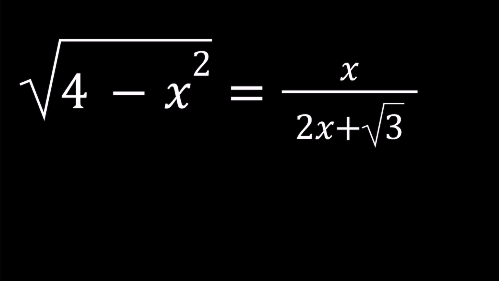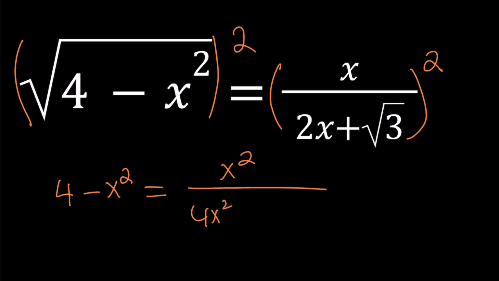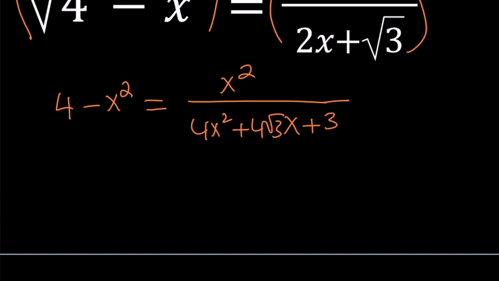Since we have a square root on the left-hand side, it makes sense if we square both sides, doesn't it? Let's go ahead and square both sides. When we square both sides, we're going to get 4 minus x squared on the left-hand side. And on the right-hand side, we're going to get x squared for the numerator. And for the denominator, we should be getting 4x squared plus 4 root 3x plus 3, the square root of 3 squared, right? And then if you cross multiply, you should be getting 16x squared plus 16 root 3x plus 12